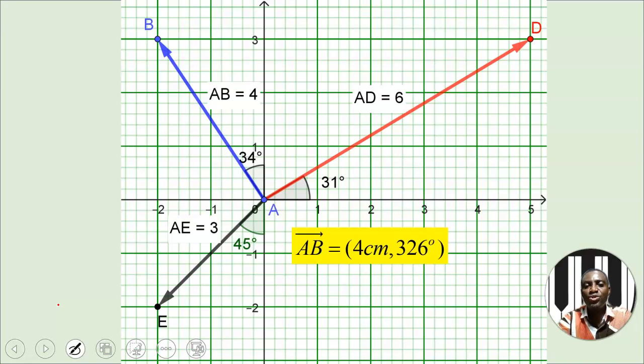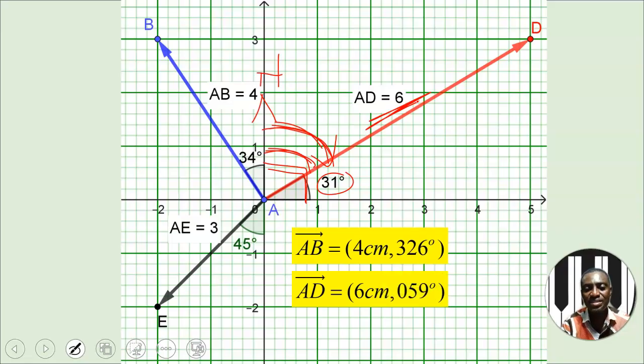Okay, I'm sure your answer came as, okay, the angle is going to be from the North Pole. Remember, we are always making reference to the North Pole, then we move clockwise. So the angle will be here. But since the whole of this is 90 degrees, we subtract 31 from 90, and that will be the remaining angle here. And so the distance, according to the question, is 6 centimeters. So we are going to write it as 6 centimeters,